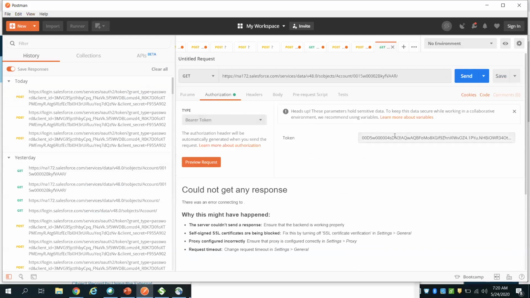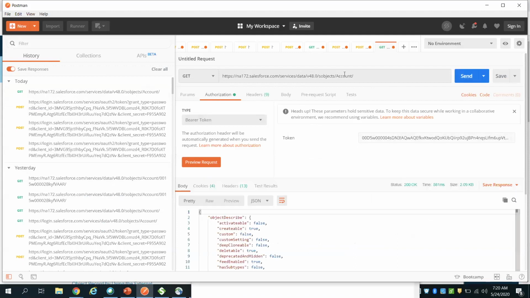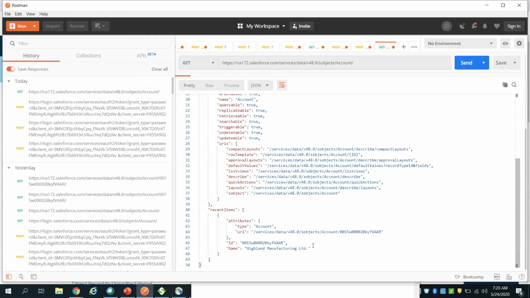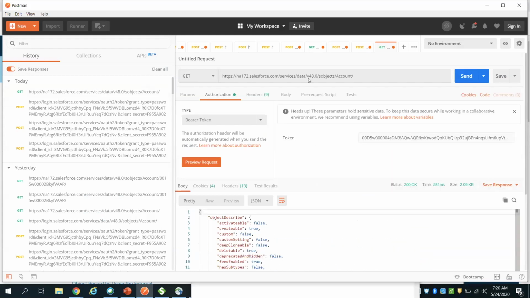So here I wanted to put the bearer token, whatever the latest token that I just put. And here I wanted to get some response. So I'm getting all the object description of this account object. I can get all of it with this URL, I mean, with this standard API endpoint that you can give.